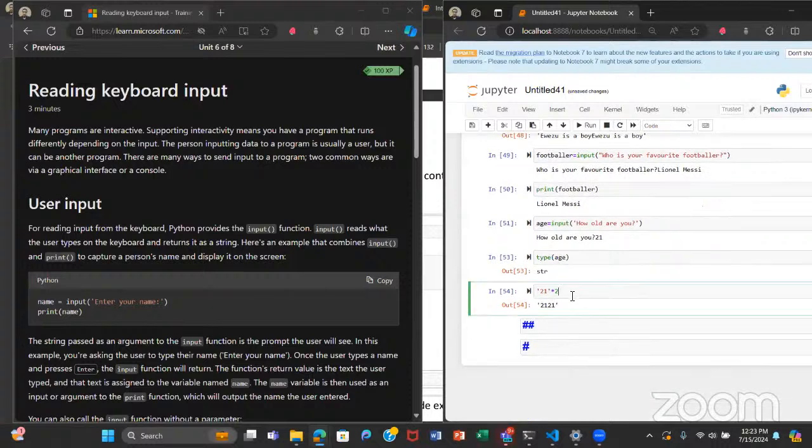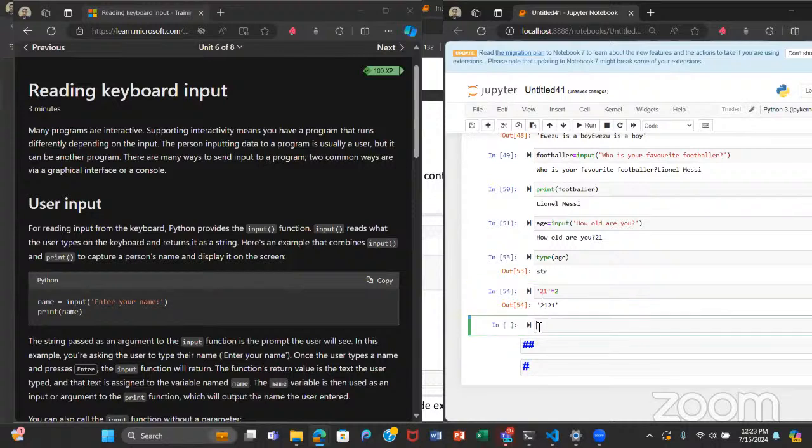So to be able to bypass this, we have ways of getting the data in the data type that we want.